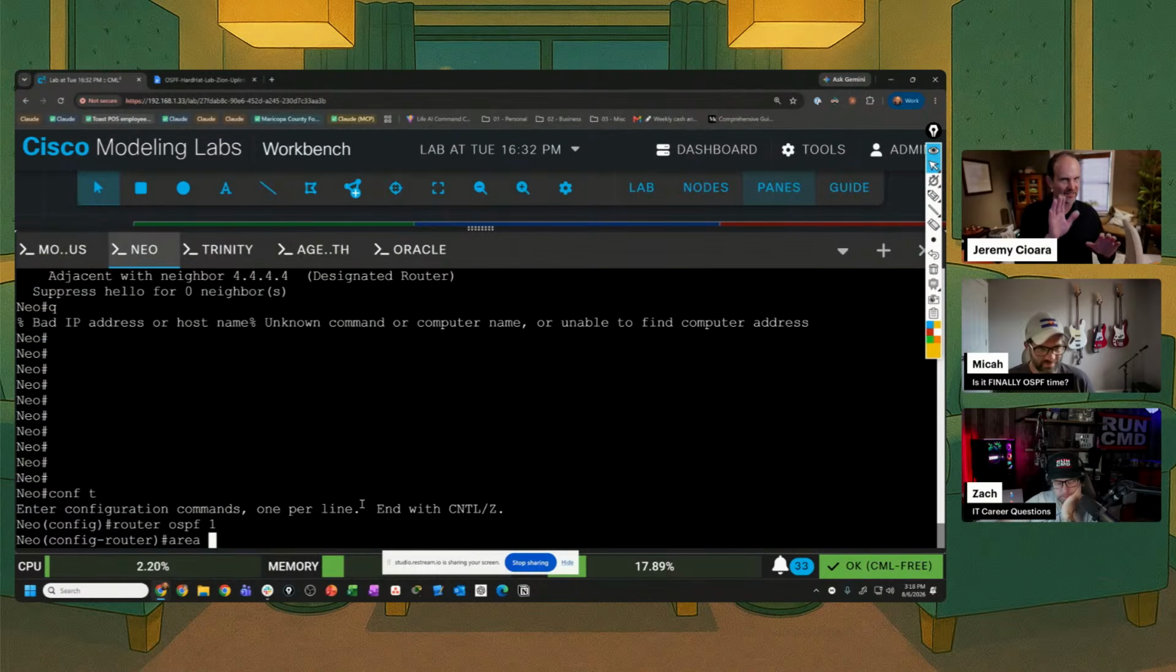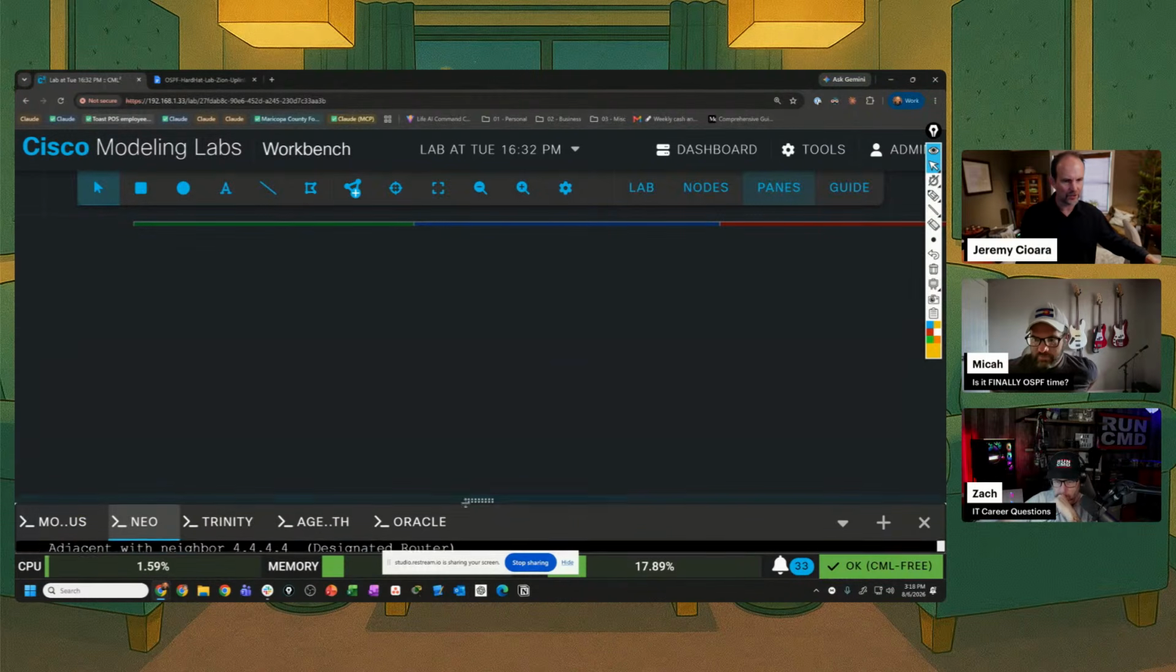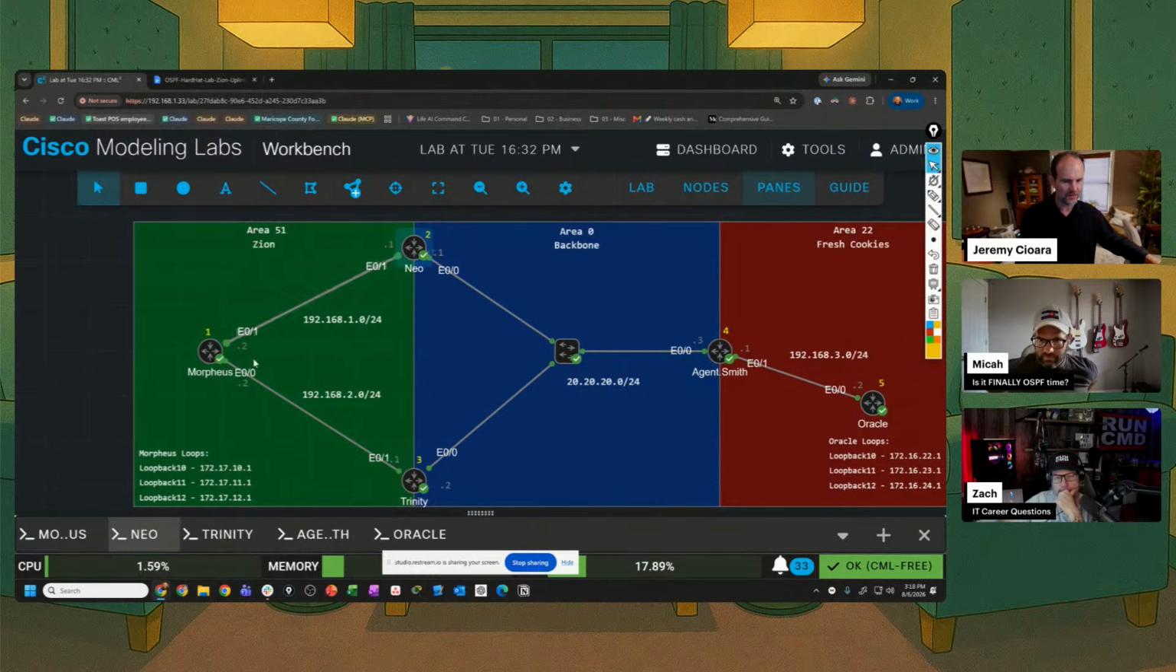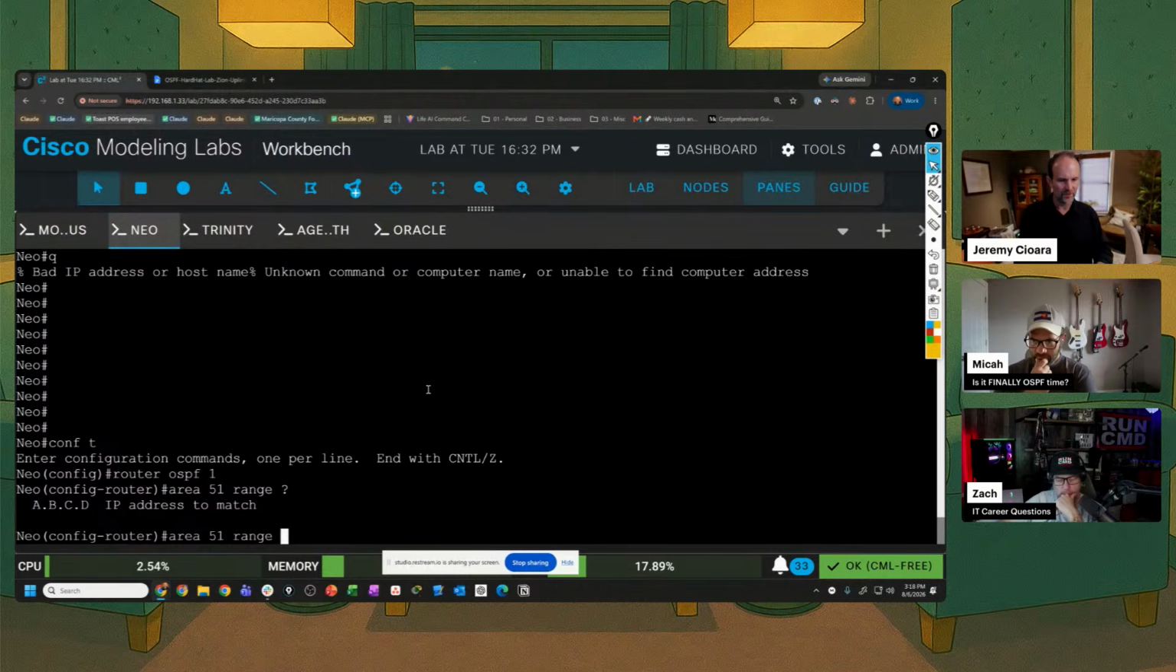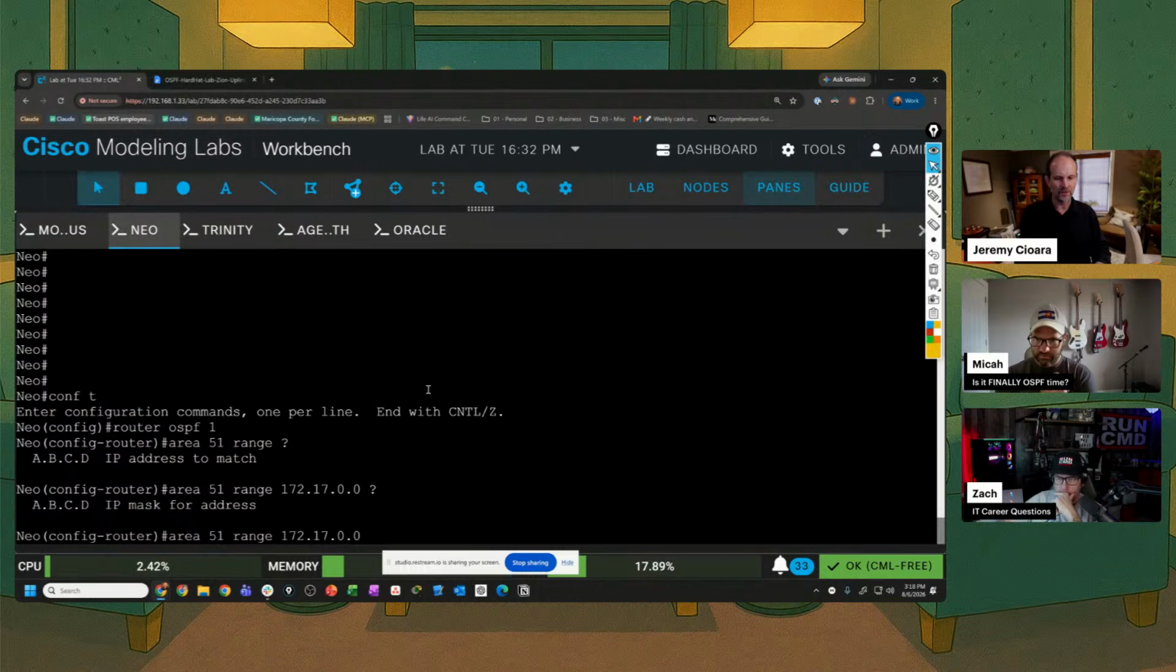So this is going to boggle your mind for a quick second, and then it'll make sense. We'll do area 51, right? Because that's where those routes are at. And I'm going to define a range. So I'll type in range 172.17.0.0 with a subnet mask of 255.255.0.0. What I'm saying is I want to replace those 3 routes that are coming out of area 51 with